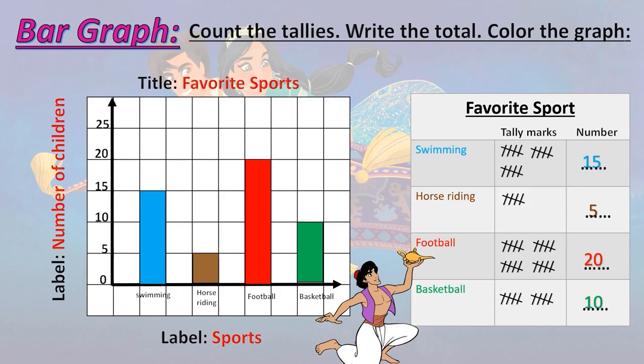If I ask you what is the most favorite sport for the children, you will look at the bar graph and look for the longest bar. So this is the favorite sport, which is football. And if I ask you what is the least favorite sport for the children, you will check here and look for the shortest bar. So the least favorite sport for the children is horse riding. Okay,